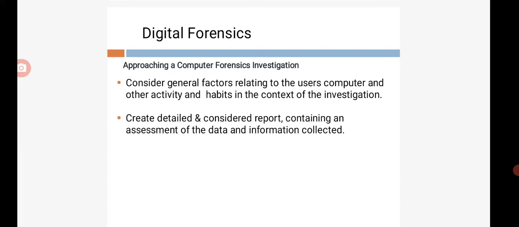So these are the different approaches which are to be taken into mind whenever we are approaching any cyber security related case, or cyber crime related case. These are the things with the help of which we approach the computer forensic investigation part. Okay,